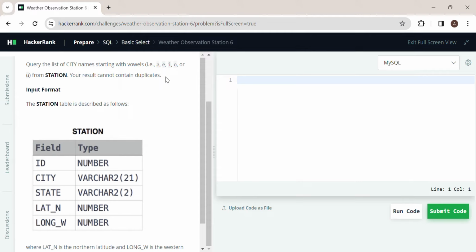As they're telling, your result cannot contain duplicates, so we always have to select distinct city from station where the lower substring, with parameters city, comma 1, comma 1, in